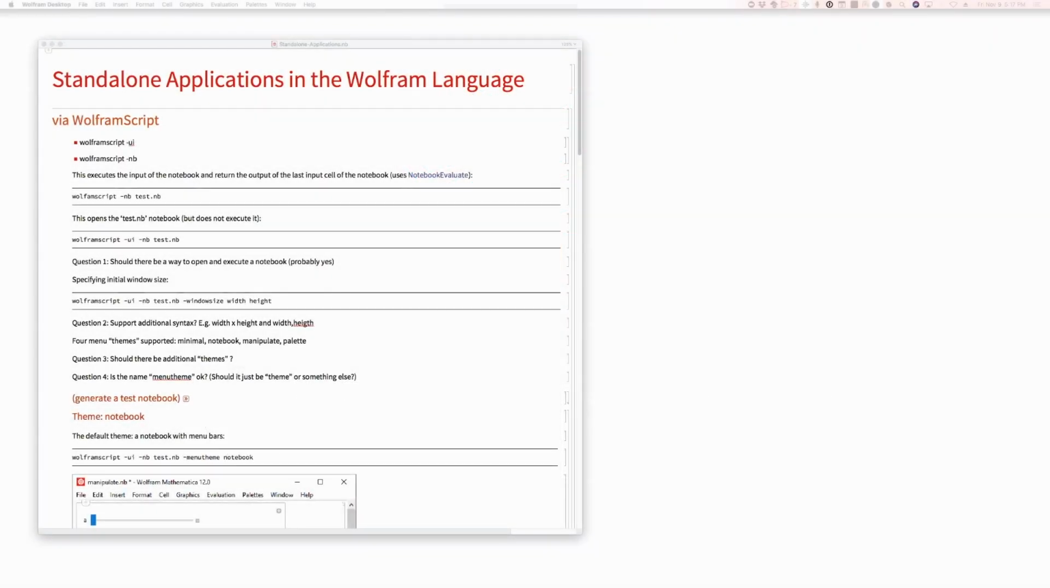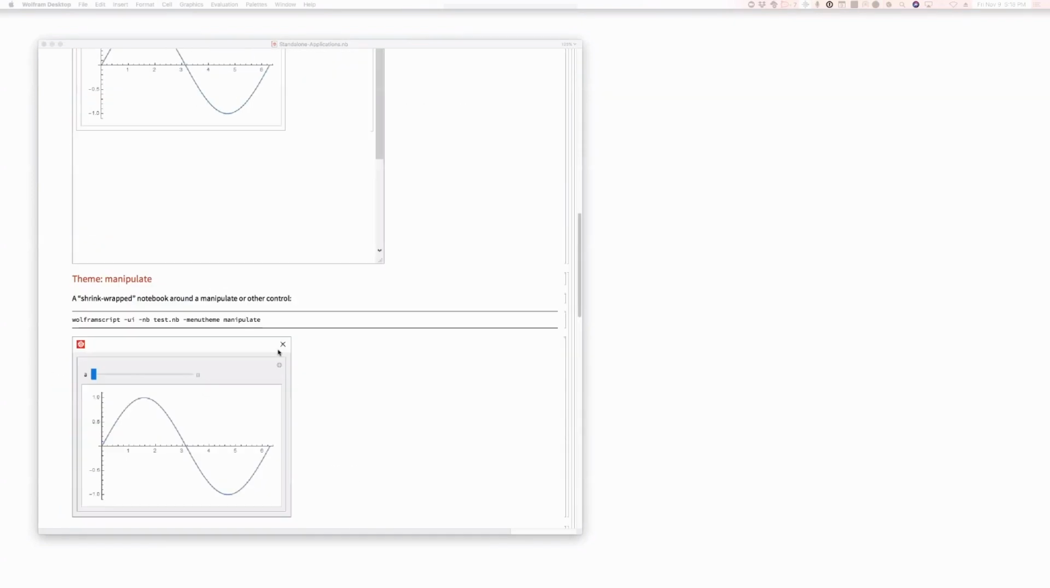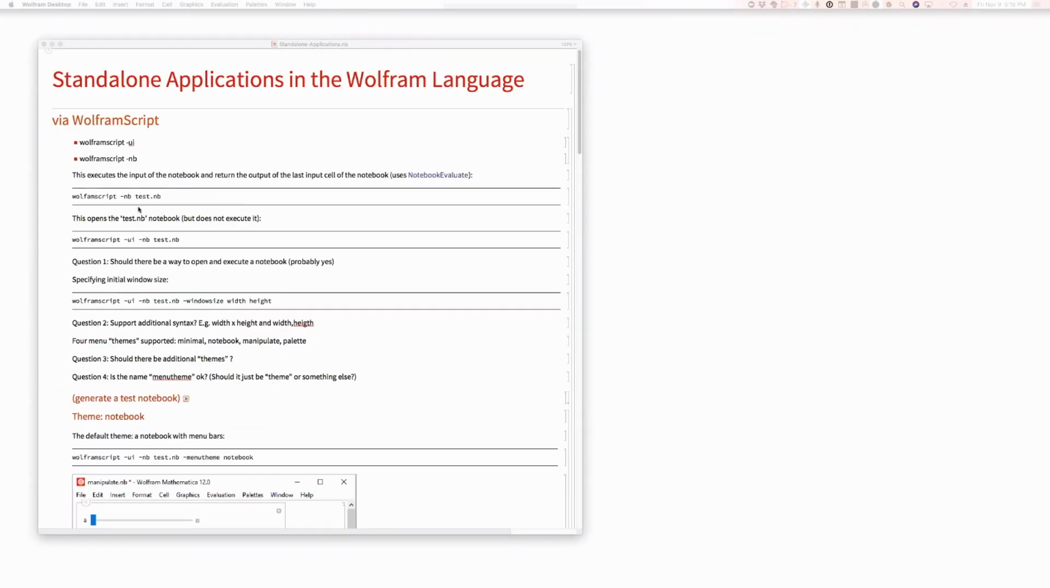Okay, for people joining this live stream, we are looking at a feature of version 12 of Wolfram Language that has to do with generating standalone applications using Wolfram script and in other ways. So let's have a quick look through here. Via Wolfram script, the idea is that if you say wolframscript -UI,